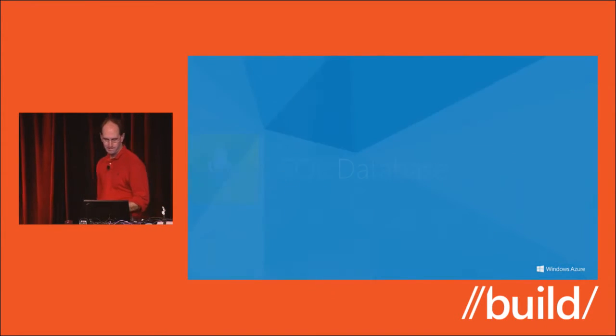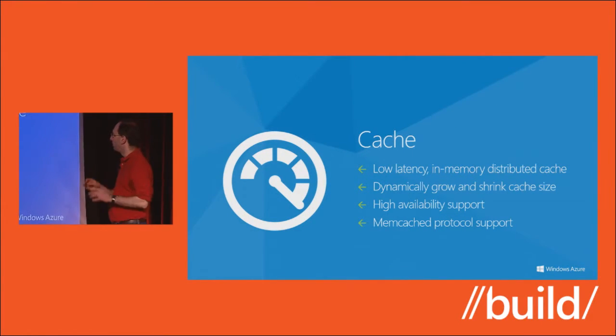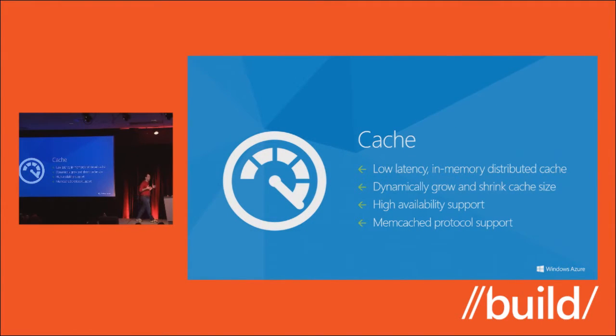Let's talk about some of the other services we provide. Caching. One of the things that when you're building large-scale apps in the cloud that you have to think about is how do I handle lots of load? And in particular, if you're building services for your company, or if you're an ISV providing services to others, there's going to come a time, if you're really popular, you're going to need to handle a lot of traffic. And one of the key things to handle that is to use caching techniques so that you're not having to hit a database each time, and you can basically scale out in a very low latent way.